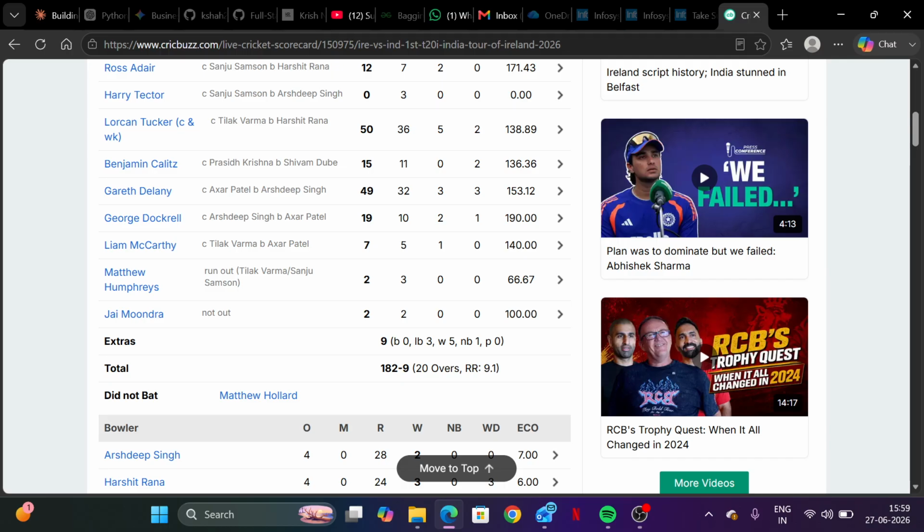Now, let's talk about the ground analysis, which is Stormont, Belfast. Let's talk about where this actually happened because conditions explain a lot over here. The Civil Service Cricket Club at Stormont is a small, unconventional international venue. It is not a regular touring ground for India, which means almost zero historical comfort or muscle memory for India's batters on this specific square.